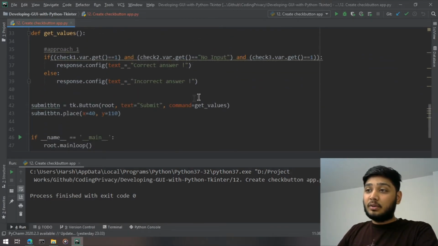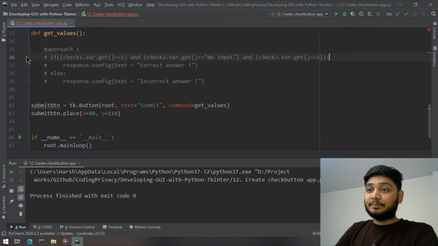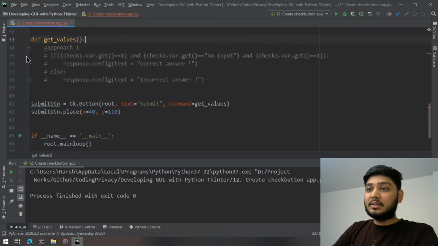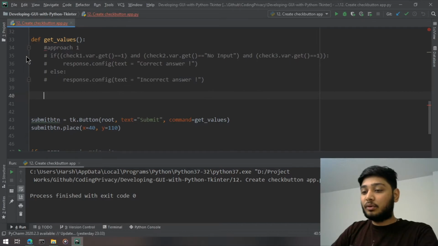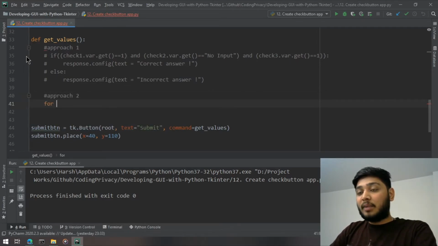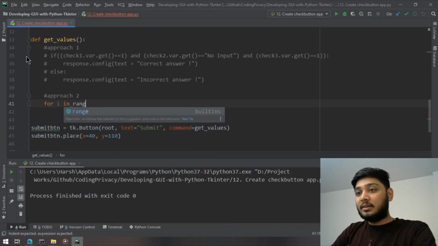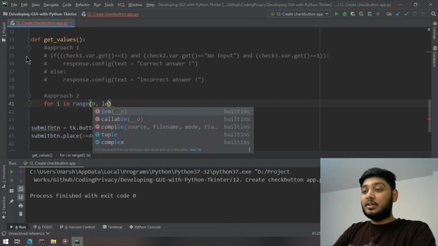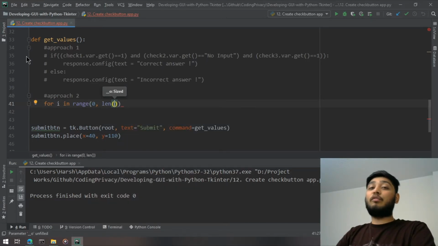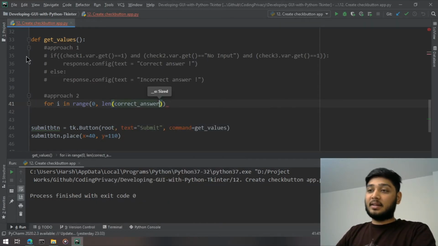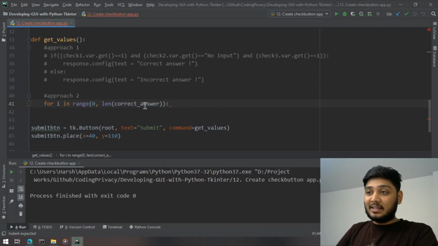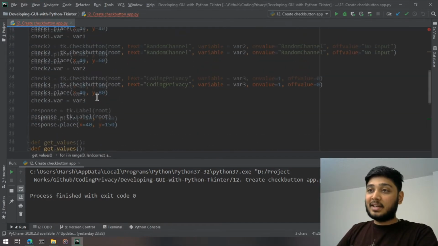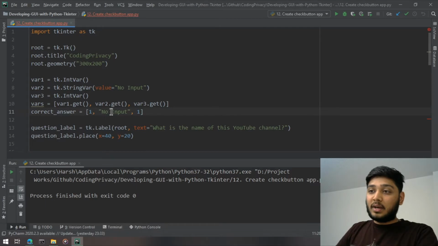Now what we can do is comment this code first, because this is approach 1, and now we're going to do approach 2. We can apply a for i in range loop. The loop should go from 0 to the length of any of the lists. Let's say I write correct answer. I'm fetching the length of it, so its values are 0, 1 and 2.